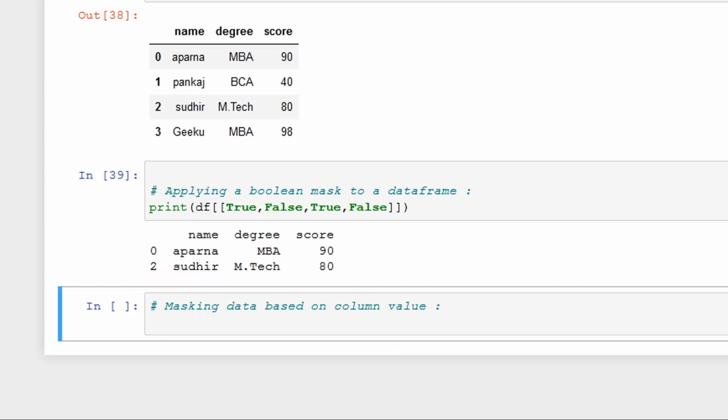So we have a data frame, we will be using the same data frame, and now I must be using our column masking. To do this, I will be using a print, then df, and specify degree is equal to, let's say, BCA. Now we can see how many times this BCA is present.